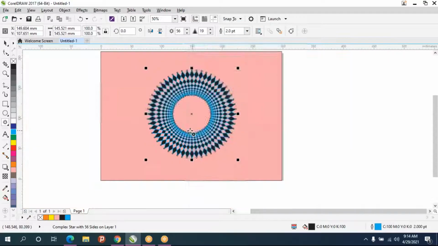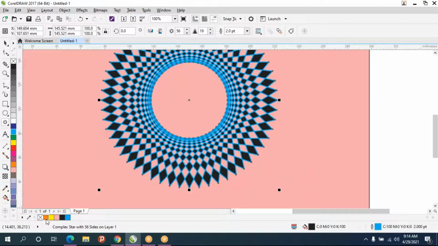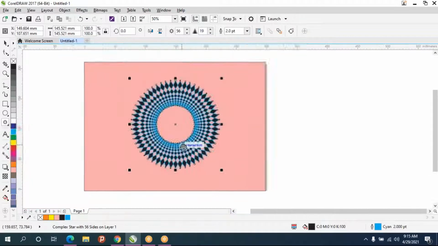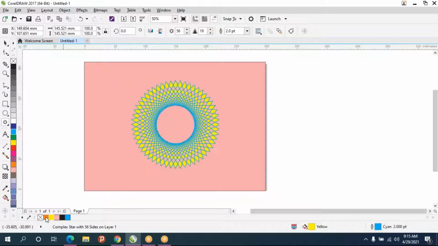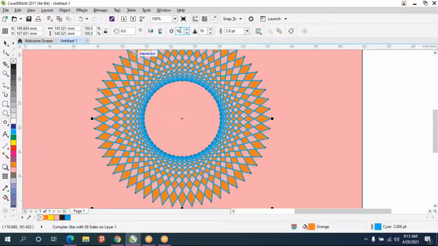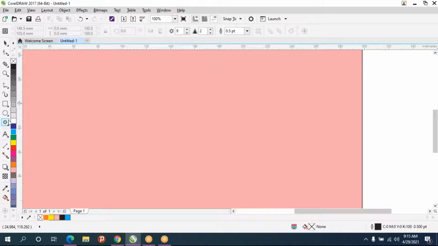Increase the outline value. So for this complex star and star tool, you have to adjust the number of points or sides and the inset value. So this is called complex star.